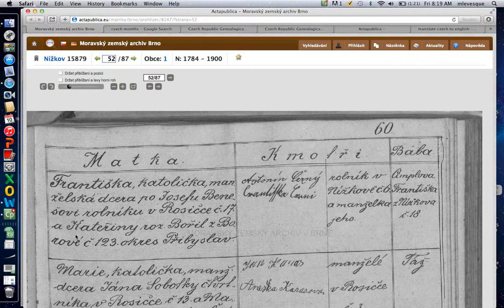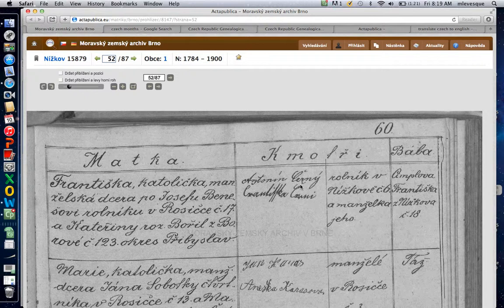Oh, this is so nice. He left it in nominative case. From this village, and I suspect that the ending changes, number 123. Notice that the other one was HEJT, and this is OKRES. Different level of jurisdiction, if you will. Przybyslav. Over here, Kmotri